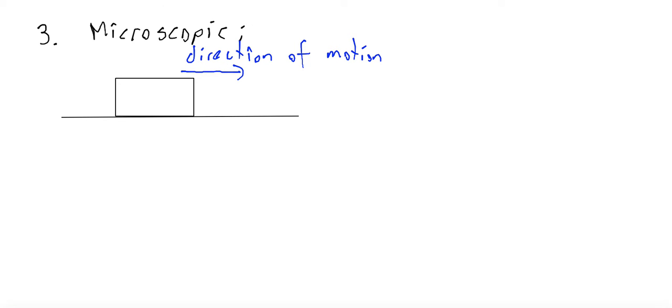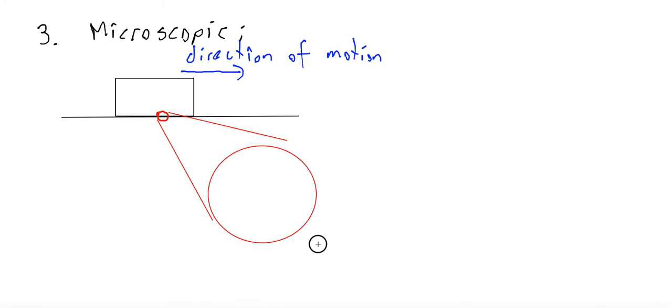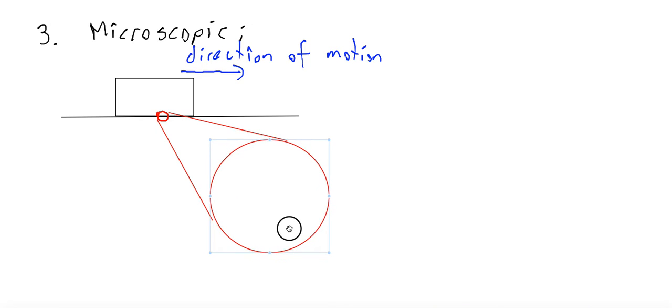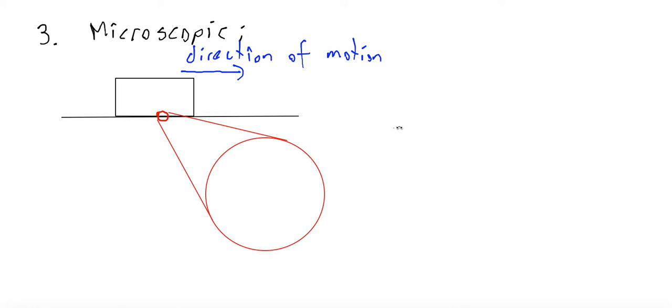Okay, and let's imagine that this part here is zoomed in. So what happens here? This is the zoom of this part. Okay, so what do we have? We have two surfaces. The flat surface, let's name it surface 1, like a floor. And the second surface, or a side of this moving object, let's name it surface 2. Okay? So microscopically,